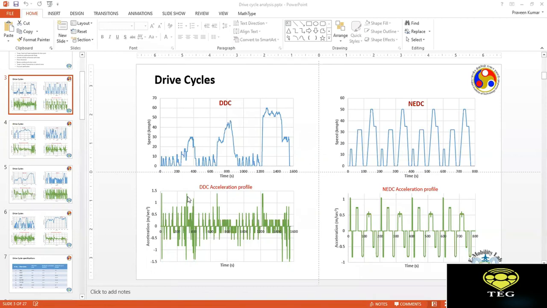So these are the kind of judgments that one will have to make when we are going for drive cycle design, drivetrain design. Drive cycle analysis is the first step that we will have to make. Having said that, do you think there are other observations or other points that can be extracted by looking at all the drive cycles and the discussions we have done so far? Anything else? Anybody?